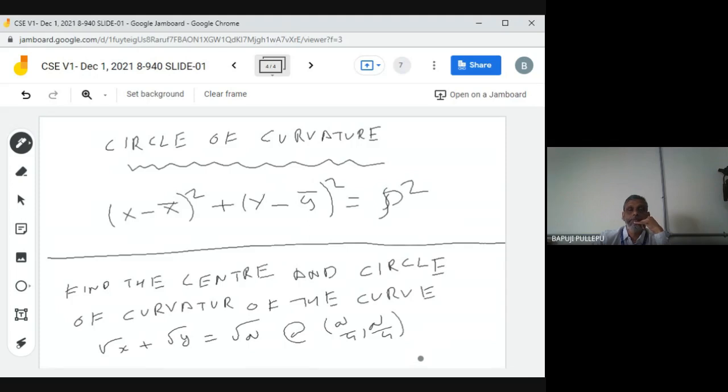Copy. Yes, sir. Now slowly you can find that center. What is the center formula? x bar is x minus y1 into (1 plus y1 square) by y2. y bar is y plus (1 plus y1 square) by y2. Correct? Then radius of curvature also you can find out. Rho is equal to (1 plus y1 square) whole power 3 by 2 by y2. All those values you can prepare one by one. Come on, slowly you can start. Don't wait for me.